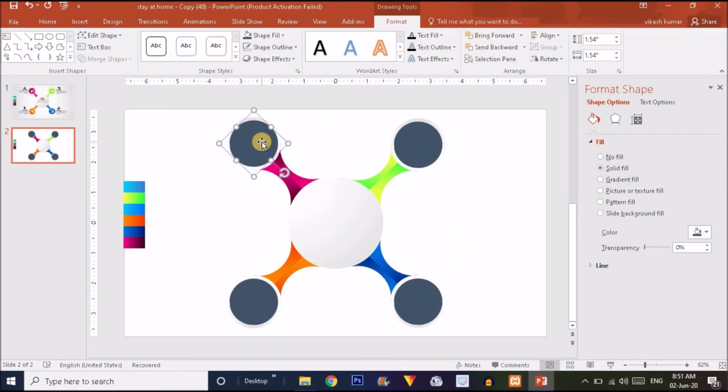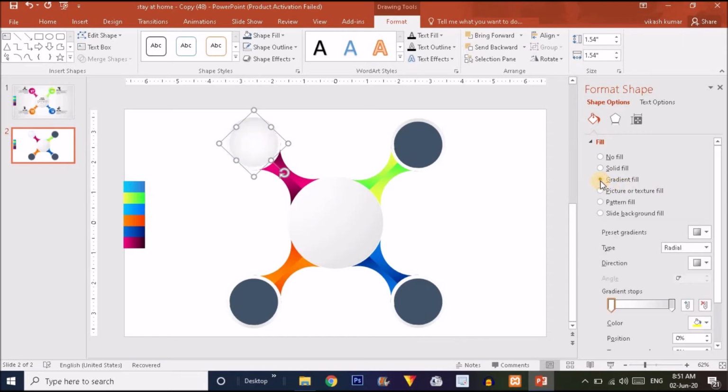Now it's time to add the color on this circle. Okay, so select this circle, choose a gradient fill from here, and for the left handle just click on the left handle. It is automatically selected, so I'm just clicking on this left handle again, and for this handle I'm going to choose the eyedropper option and choose this color from the color sample.